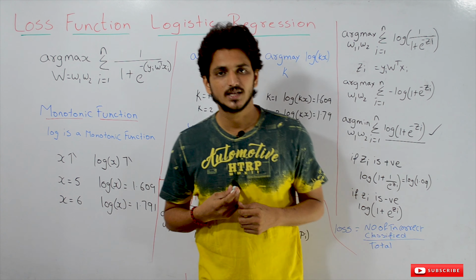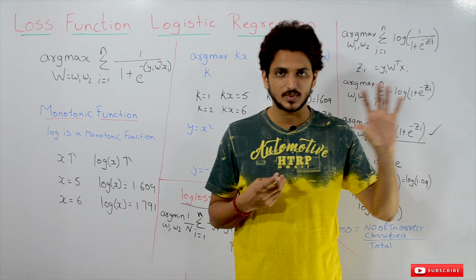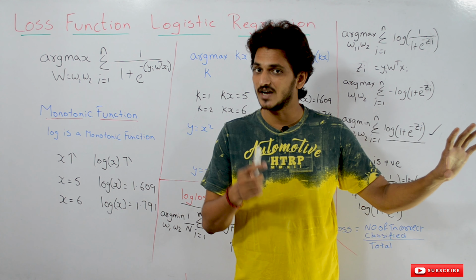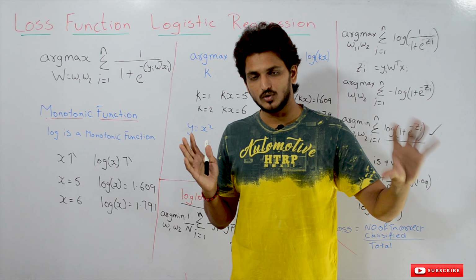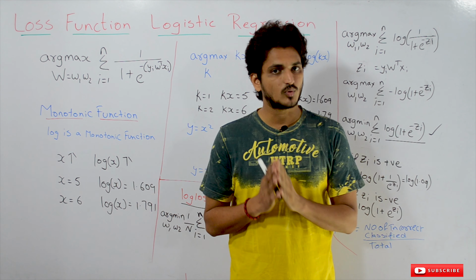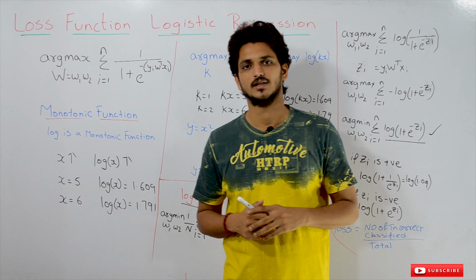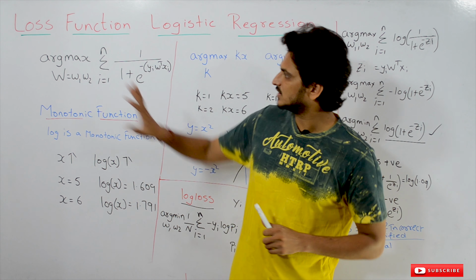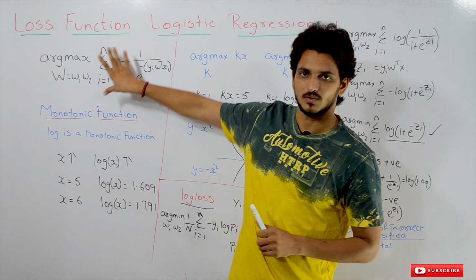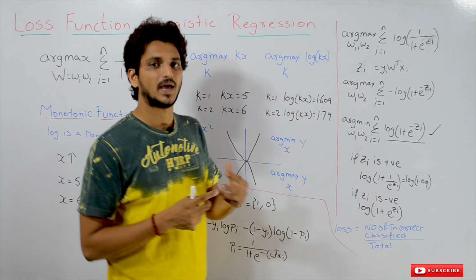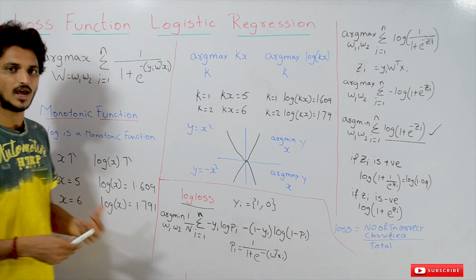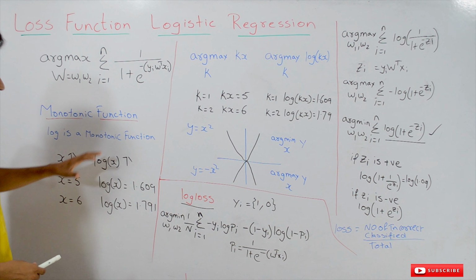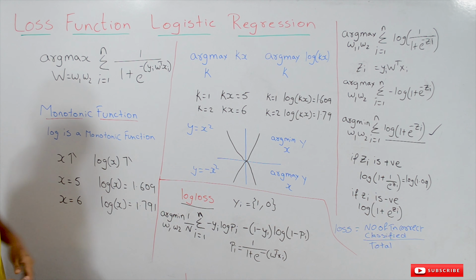Our assumption here is you have already watched our previous classes because this is a continuation class. You will not understand this class if you don't understand our previous classes. So please watch our previous classes and come back here. Before going into simplifying this optimization problem, we must have some basic mathematics required for our simplification. First we will explain the basic mathematics required, then we go to simplification.